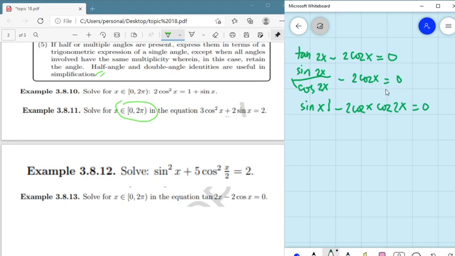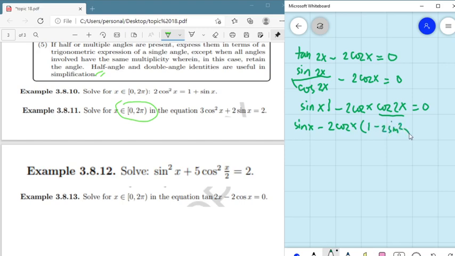Okay, after that, we are going to replace cosine 2x with its equivalent value. So, sine 2x minus 2 cosine x times 1 minus 2 sine squared x